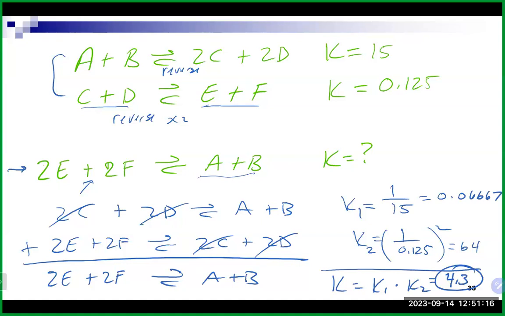So again, you will have to do this. And those are really super common mistakes that people make because, I think, I remember doing this in Hess's law. I'm supposed to multiply and change signs, but equilibrium